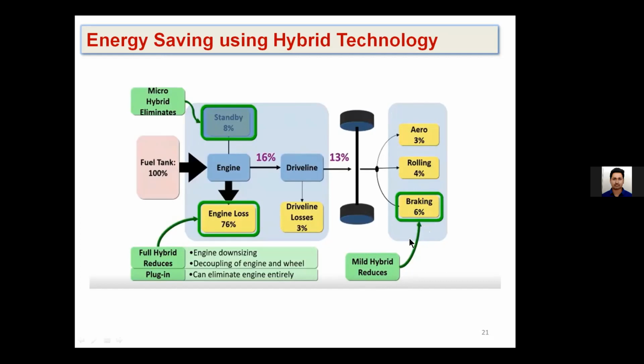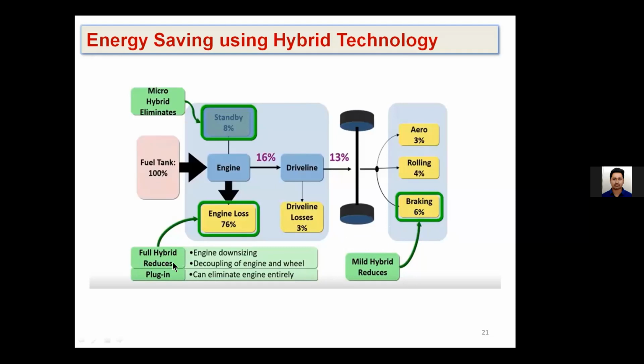Why? Because when compared with conventional mechanical braking, in electrical we have regenerative braking. Generally, if you are moving on a gradient, maybe up gradient or down gradient, some part of the energy will be transferred back to the source. That is what we call regenerative braking. So that's the advantage, there is a part of energy saving. That's the reason a slight recovery of loss is mentioned here, or the losses can be reduced in terms of braking loss. Some part of the losses can be recovered or reduced.